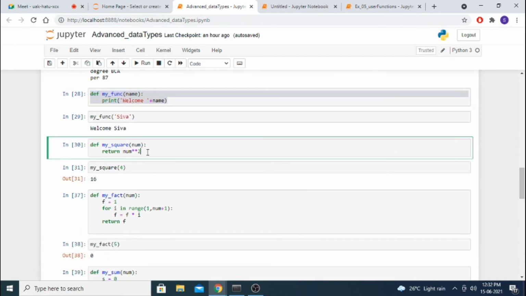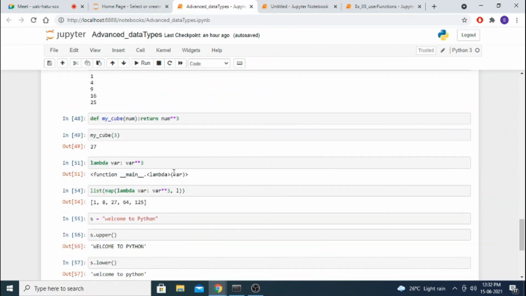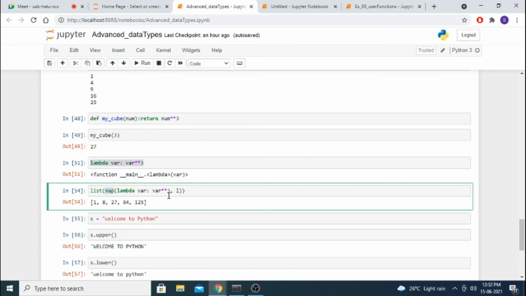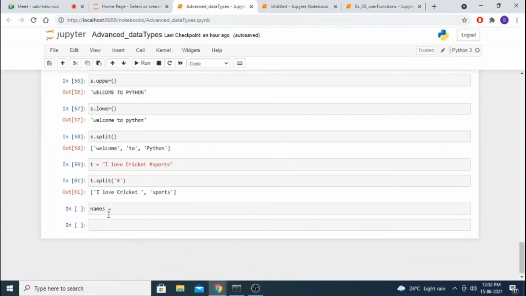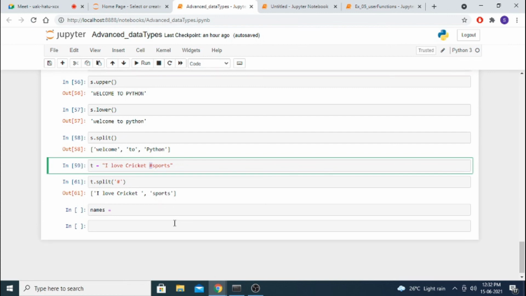To simplify a simple function, we have the lambda operator. How to use the lambda operator is very simple: what is the input, what is the output. But to use the lambda operator, we have to merge it with the map function. With the map function, we give the lambda as the first parameter and the second is the passing value. You can give 3 also here. If you give one value it will give one value, and if you give a sequence, a sequence will come. Then the string functions I used: upper, lower and split. Usually split is used for splitting names with hyphens, like that we can do it. These are the things I wanted to cover.